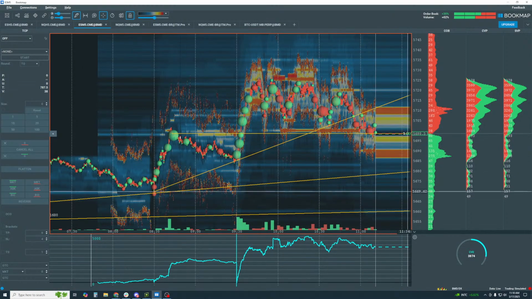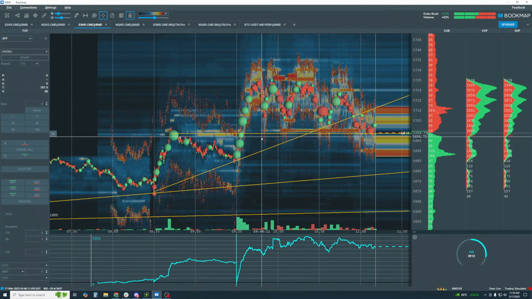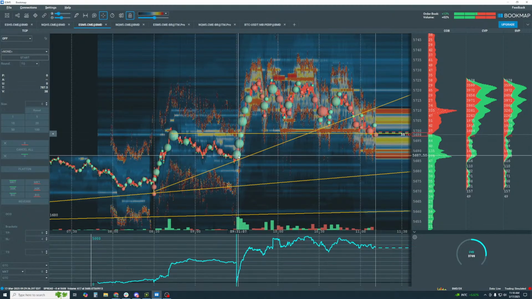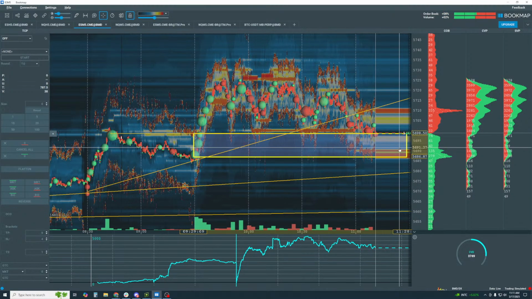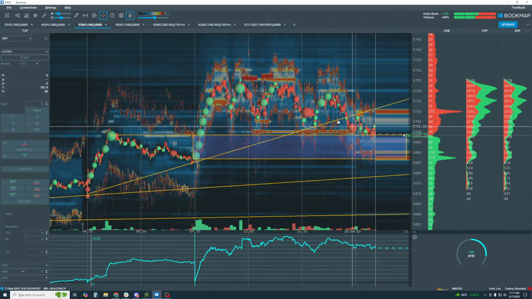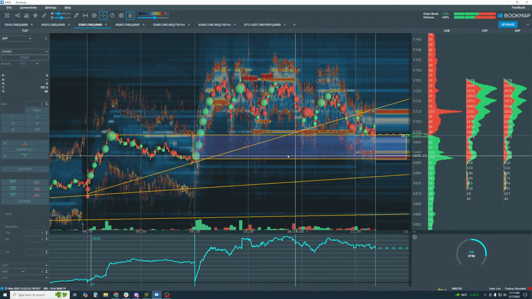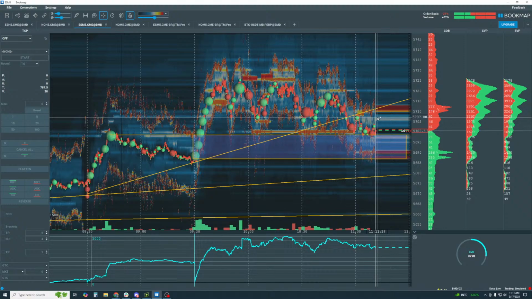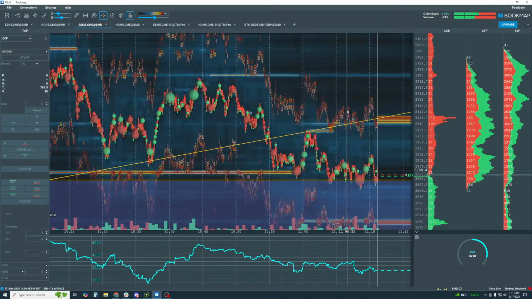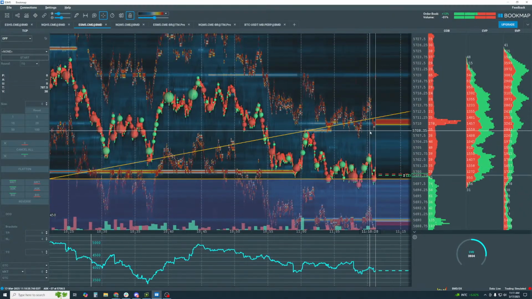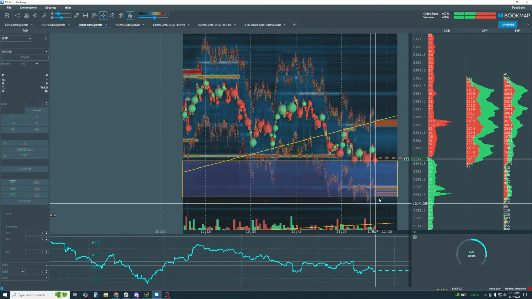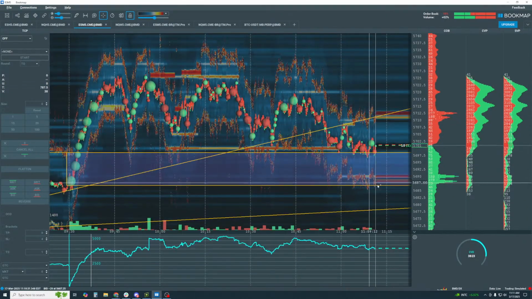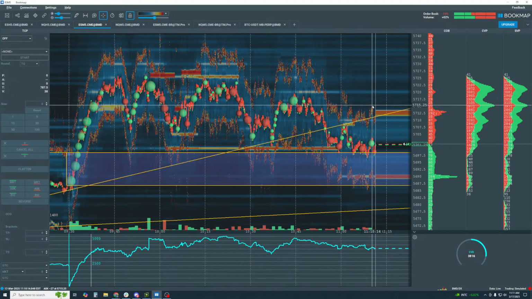Possible though, even where we're at right around now, that either here or here, kind of a zone, could still see some buying come back in. Doesn't look good at the moment, that's for sure. Yeah, it looks like it wants to break and hit down into this area of liquidity around 56.90.